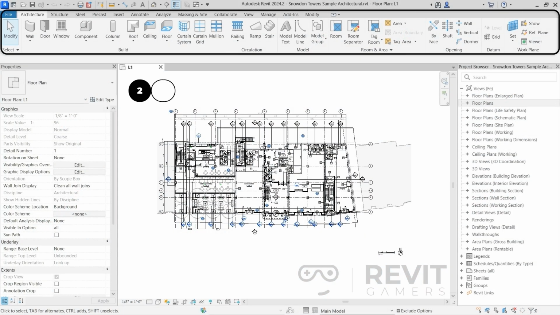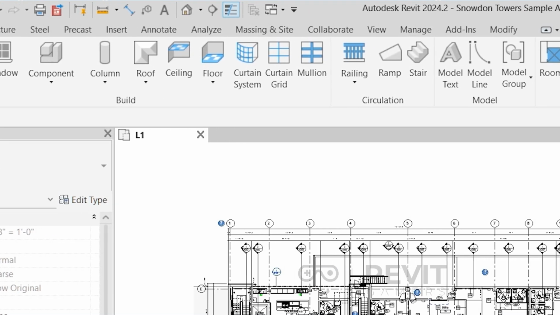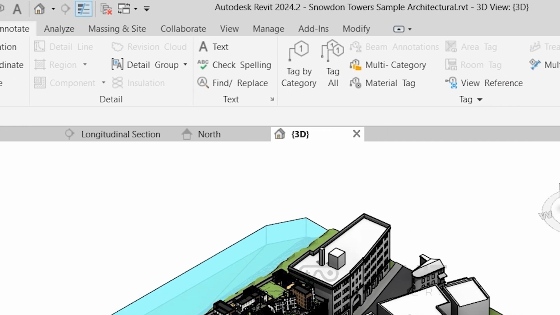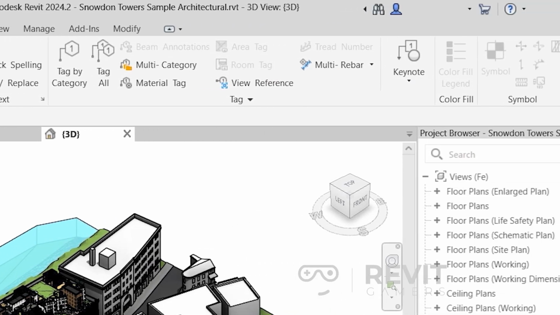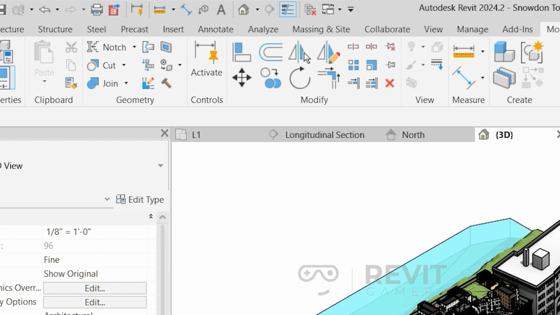At the top of the window, you'll find the tabs and their ribbons. Most of the Revit commands are located here. The most important tabs are Architecture, which contains some tools to model architectural elements, Annotate to add texts, dimensions, tags, and other annotations to a drawing, and the Modify tab, which has some tools to modify the elements after being